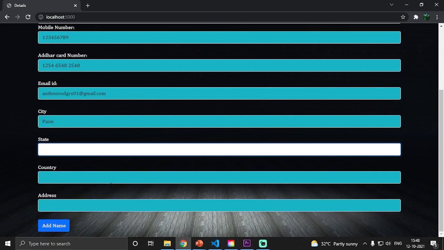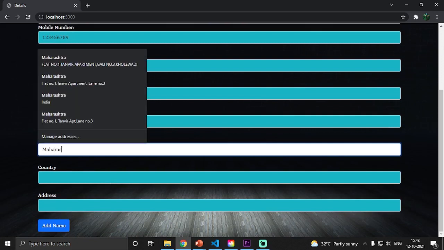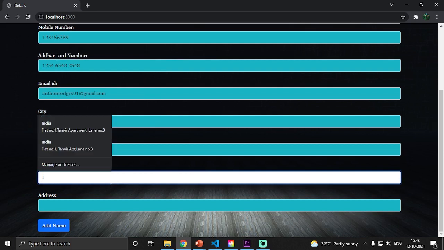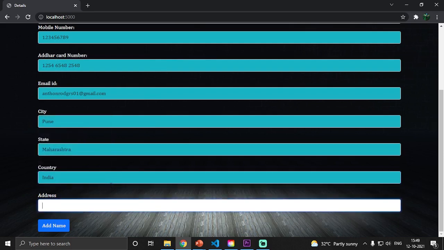I will add my address, as the supplier will contact me, and people can be sorted easily when they are close to each other. So for that we need the address. Country will add India, and address will also add India.